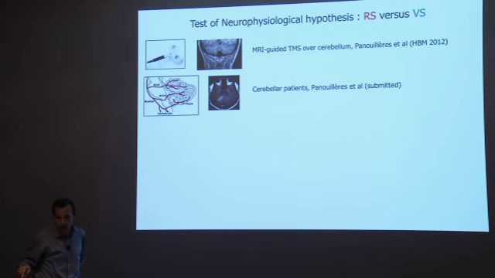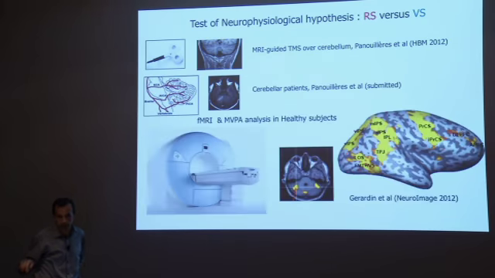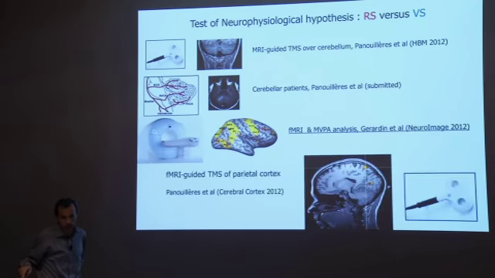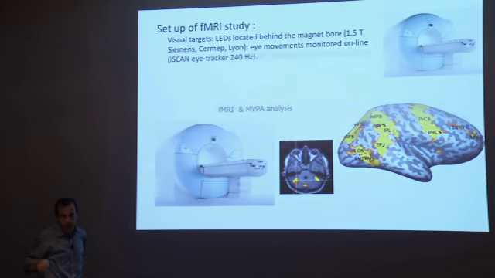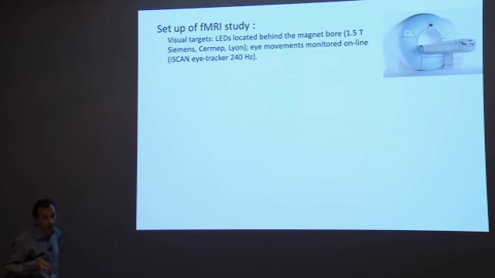So I go quickly to have time to illustrate a little bit more the last two studies that we performed. The first one is an fMRI study that we did with Peggy Jardin, and the second one is again a TMS study that we performed with Muriel Panouillère on the parietal cortex. So I will detail these two studies during the rest of my talk. So this fMRI study has been done in the SURMUP using the 1.5T system with the iScan eye tracker.